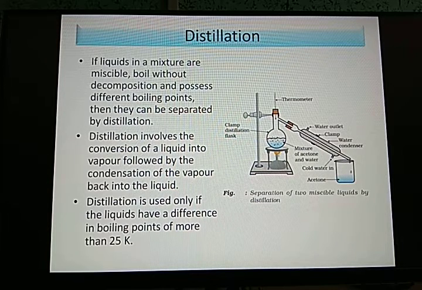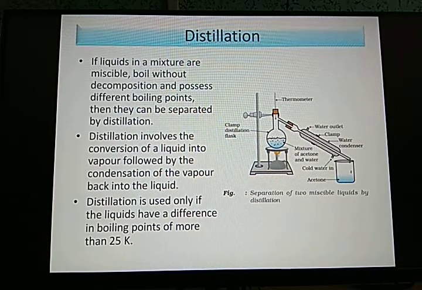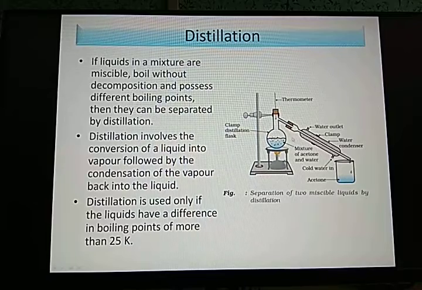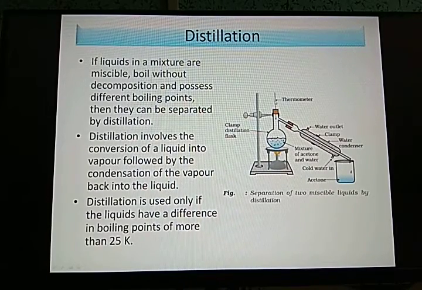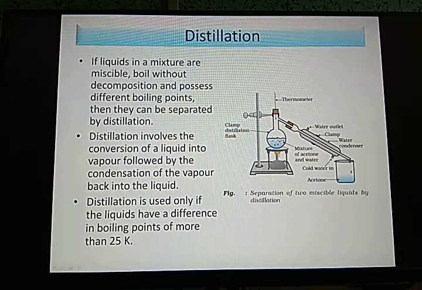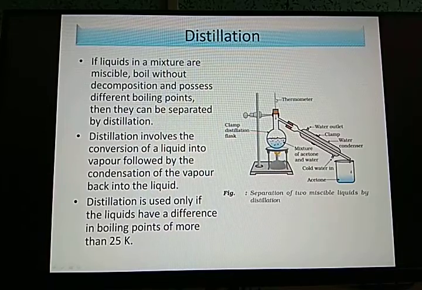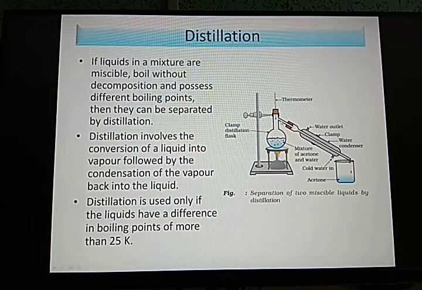So acetone and water, when they are mixed together, what we can do is that here you can see it is placed in a round bottom flask. So when we heat this mixture of acetone and water, what will happen? There is a thermometer here to check the temperature. So as soon as the temperature shows the boiling point of acetone is reached, then it will vaporize. Acetone will vaporize, being a volatile substance. Then it will pass through this tube and reach this portion of the setup.